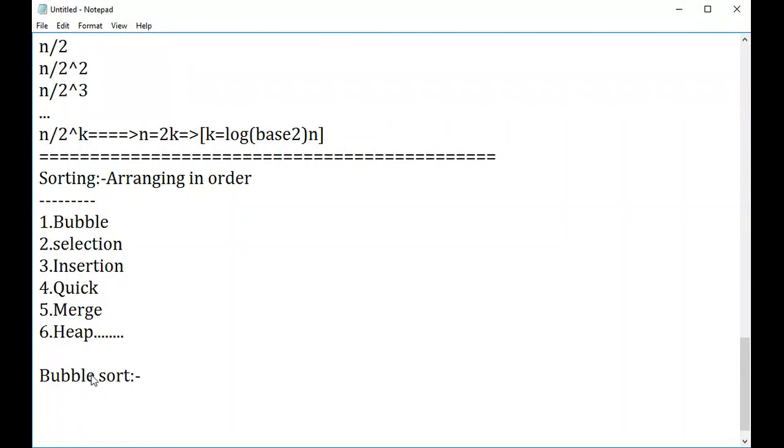Can anyone let me know how the bubble sort works? Do you have any idea about bubble sort, guys? How does the bubble sort work? Oh God, Dibyakant, Srikanth, good. Swap.